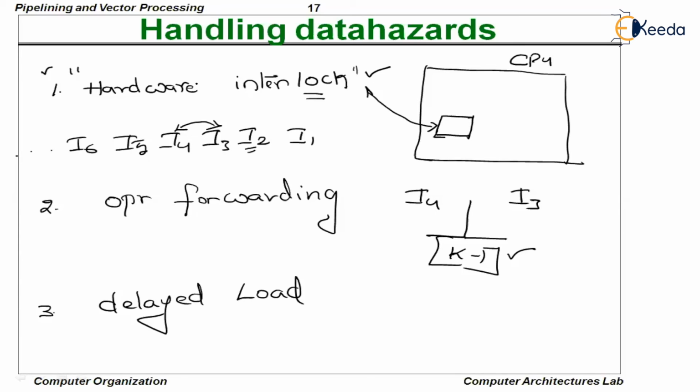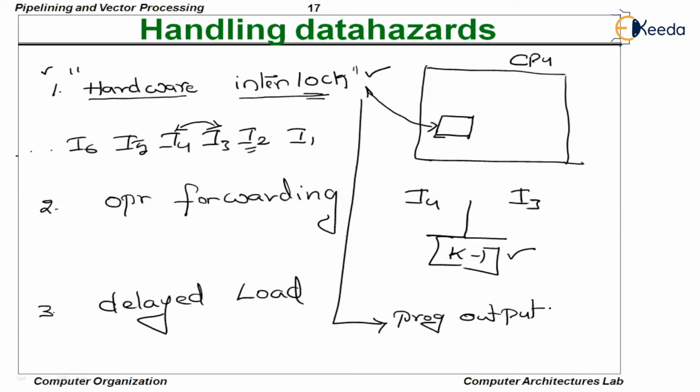of the program. Hardware interlock does not guarantee that stall cycles will be reduced, but hardware interlock can guarantee that the program outcome will be correct. It will give you a guarantee that the program output will always be correct, because this is the very purpose of the computer system. The program output can never be wrong.